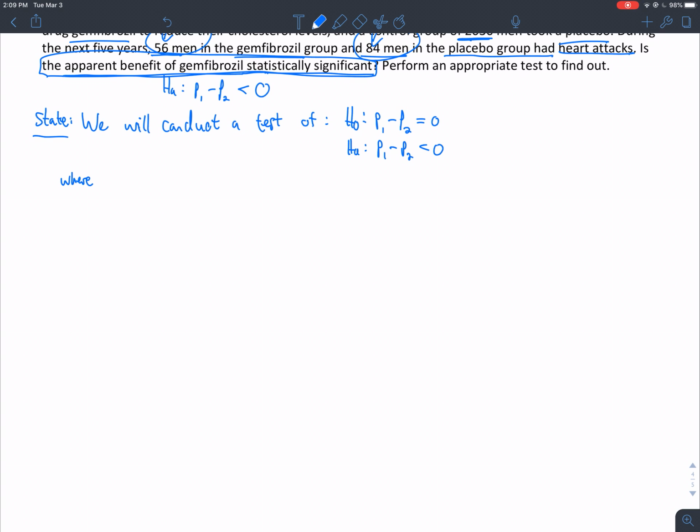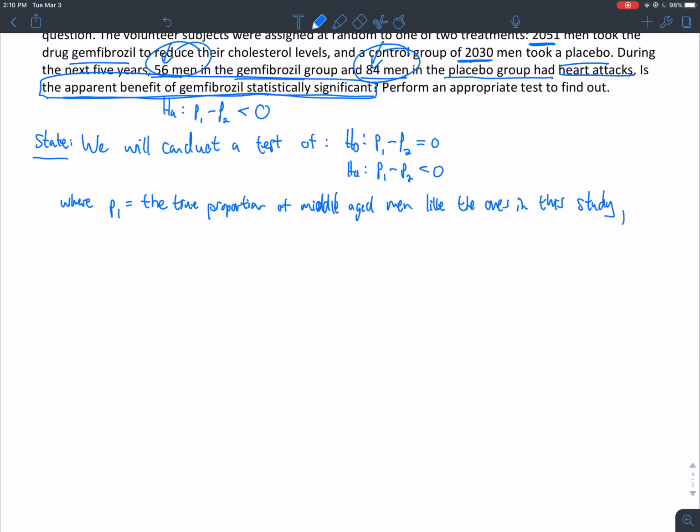We say where P1 is the true proportion of middle-aged men, like the ones in this study, who took gemfibrozil and had a heart attack. And P2 is